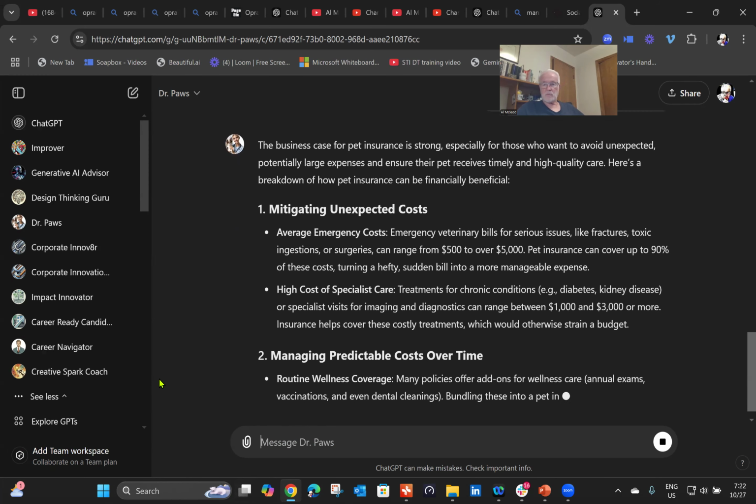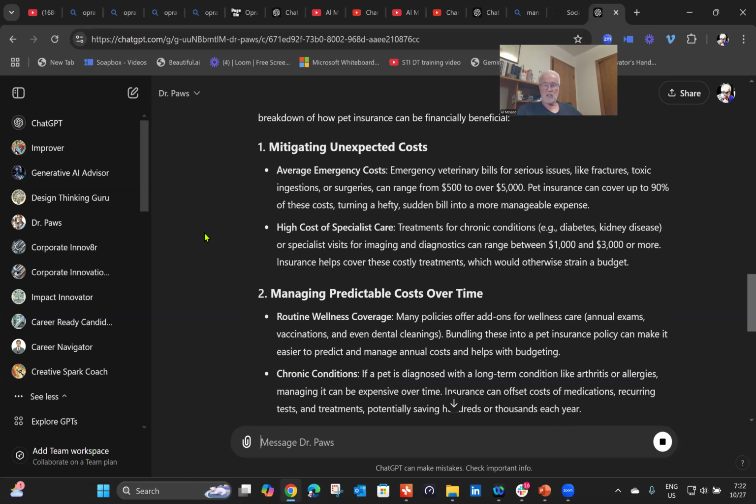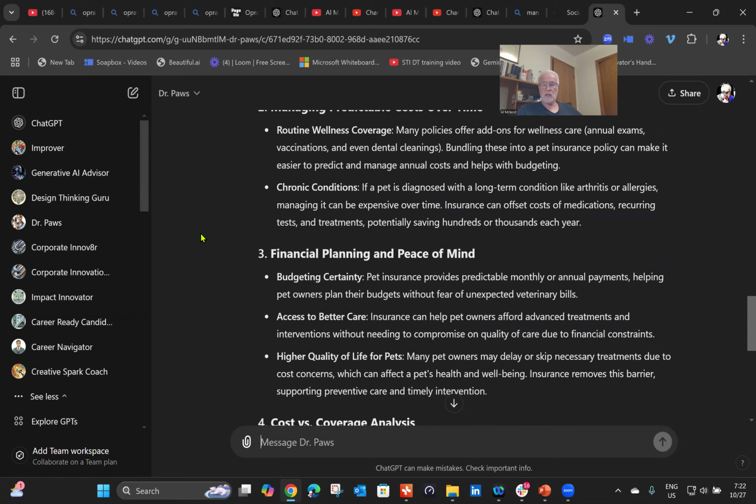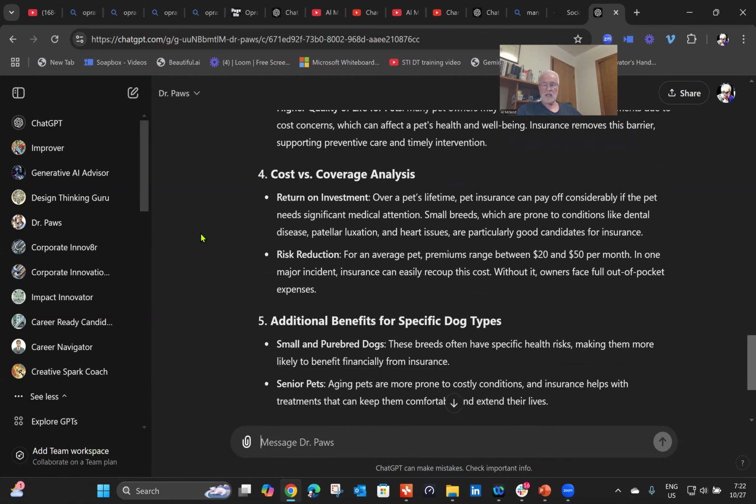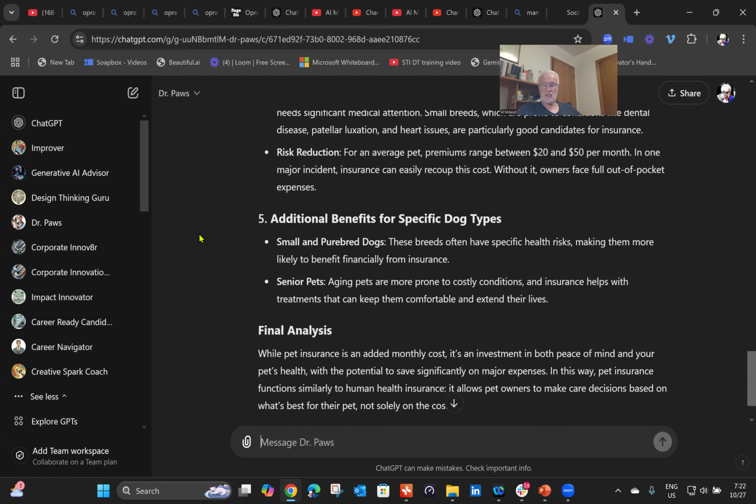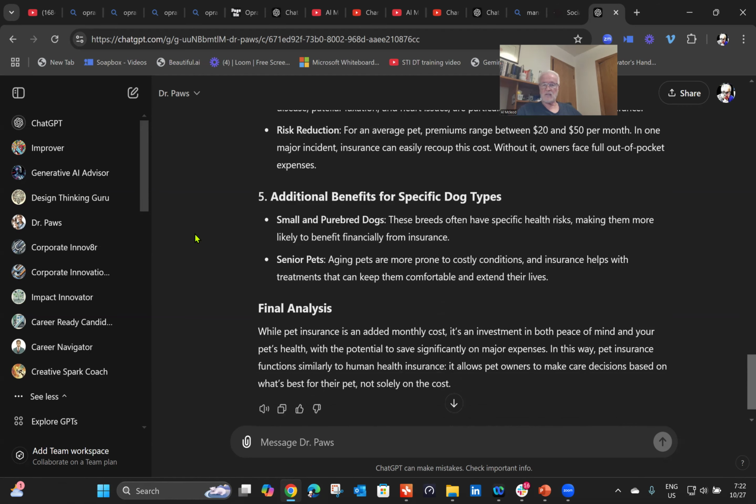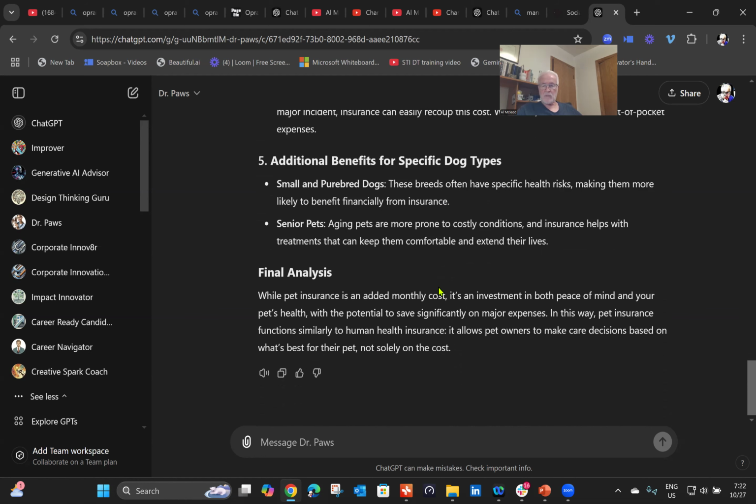And it says it's strong, especially for those who want to avoid unexpected, potentially large expenses. So you mitigate unexpected costs, manage predictable costs over time, financial planning and peace of mind, and cost versus coverage analysis. And then it gives you additional benefits for specific dog types. Small and purebred dogs, these breeds often have specific health risks, making them more likely to benefit, and same as aging pets. So it's an added monthly cost and it's an investment, and this is something that makes a lot of sense. So what are the health